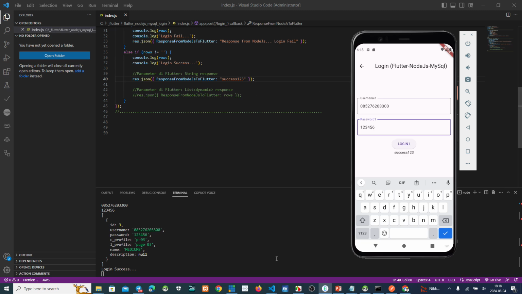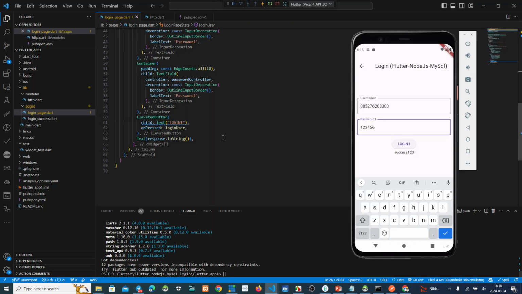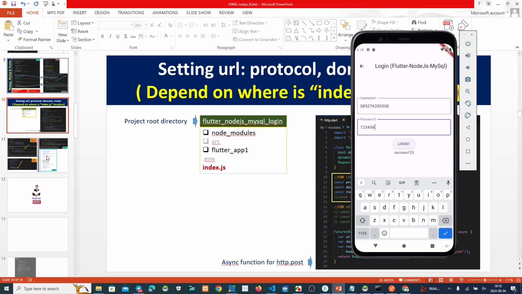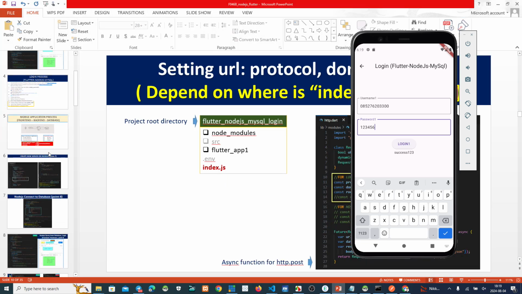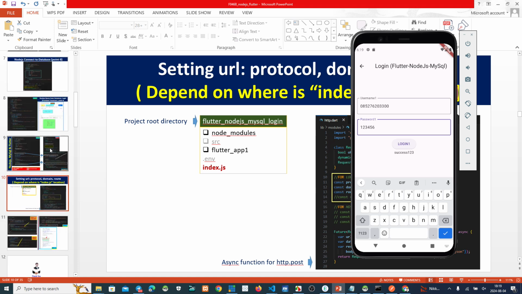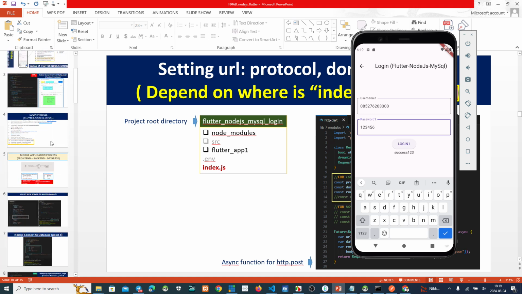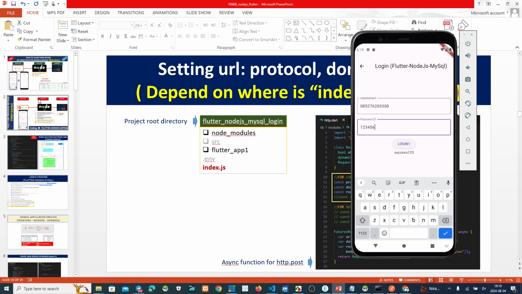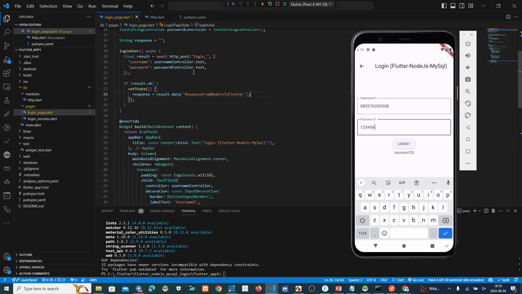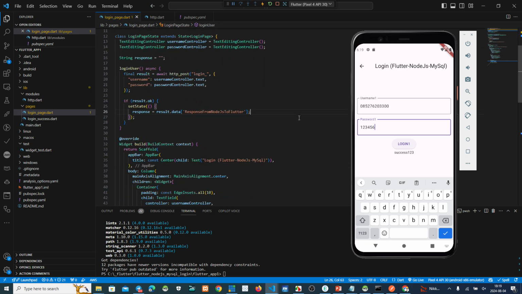Now, if the query is running well, moment please. Where is it? From this page to another page. Yeah, go to another page. Like this. Yeah. If this one is a success, go to the login success. This is page 2 or another page. Yeah, we can make this. This is the script for this one.